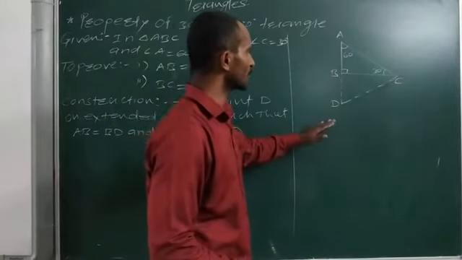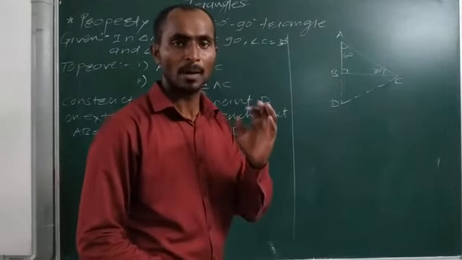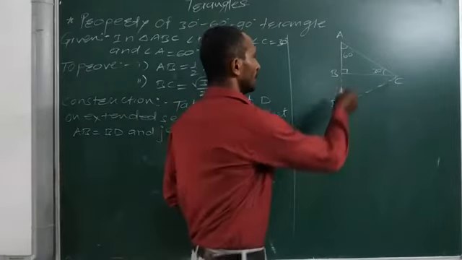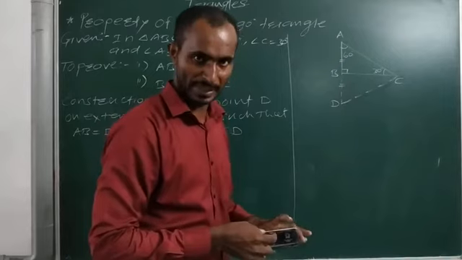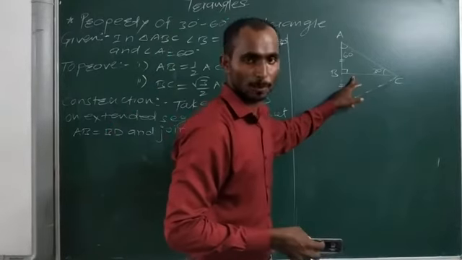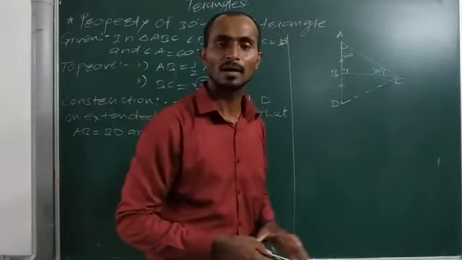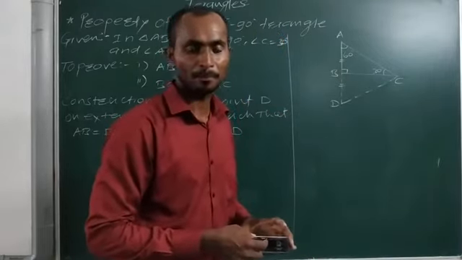So we have to prove that AB equal to half of AC and BC equal to root 3 by 2 times of AC. But for that, first of all, we have to prove that these two triangles are congruent. According to the condition, AB equal to BD, BC equal to BC, common side of both of the triangles, and angle ABC equal to angle DBC, 90 degree each. So hence, we can prove these two triangles are congruent by SAS.